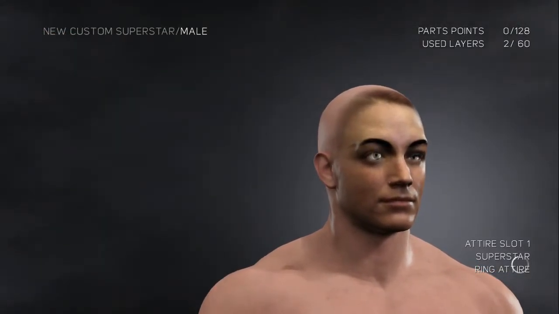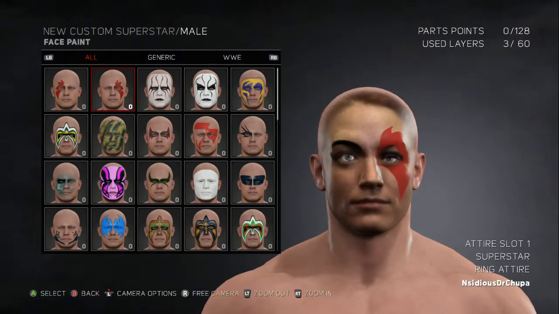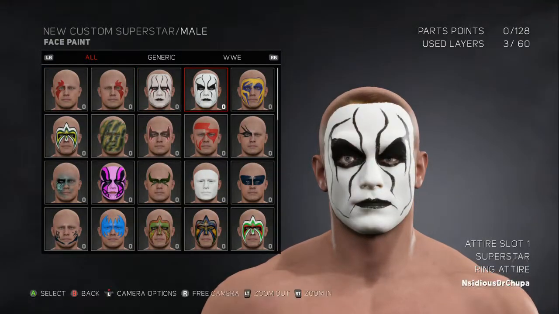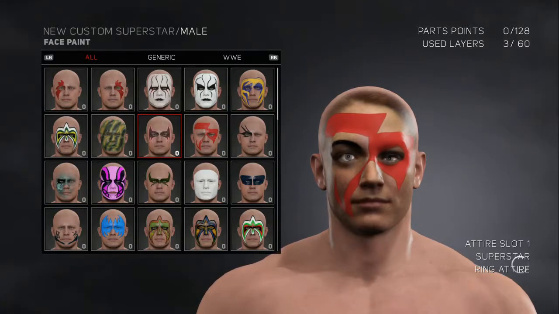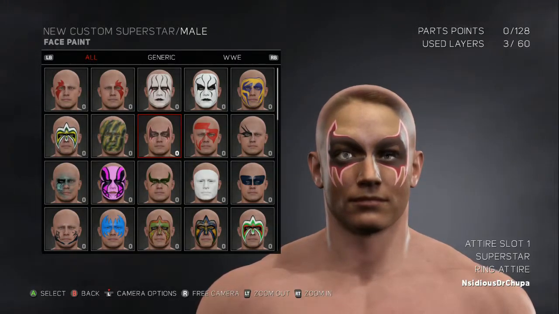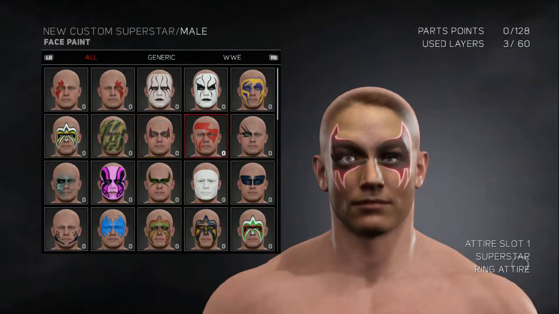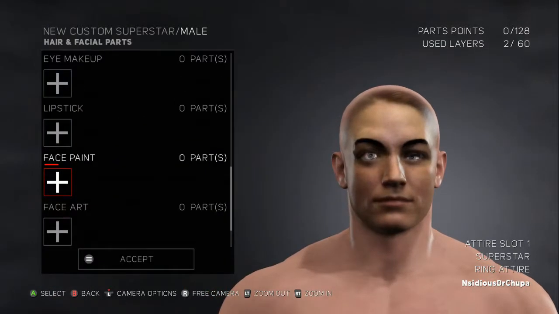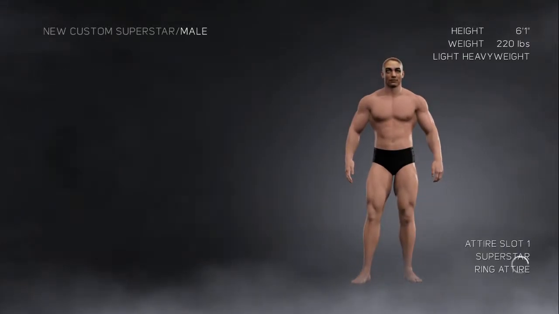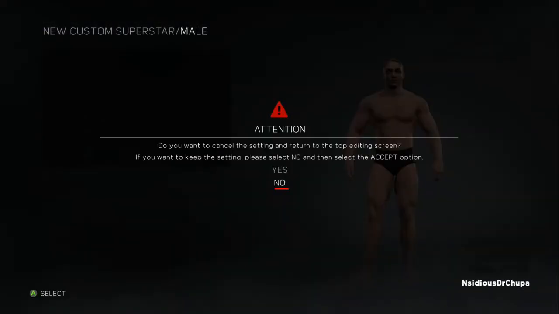The big thing is, though, you can put face paint over these. If you use a custom logo, you cannot do that. But then again, you could also use your graphic editing software to make any pattern you want instead of using the in-game patterns. So basically, in my humble opinion anyway,